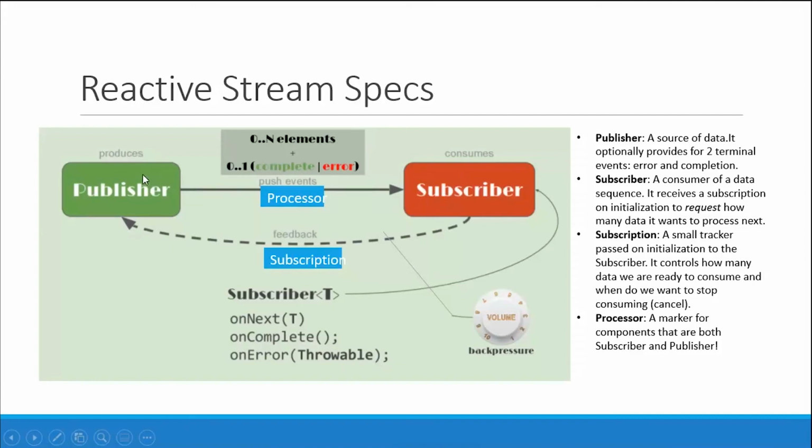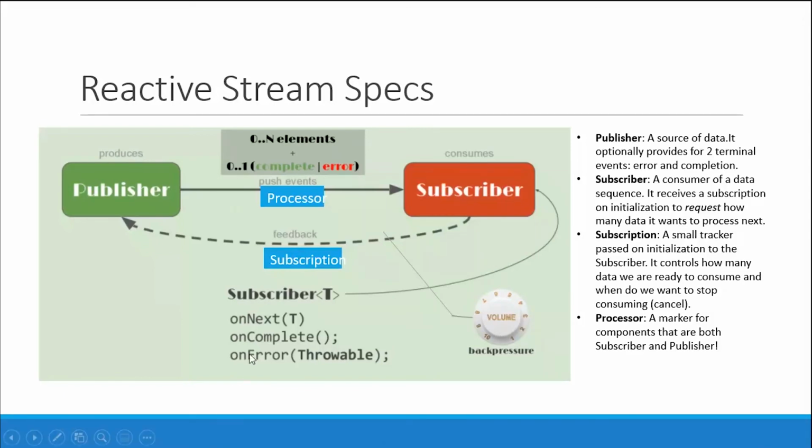When there's a publisher, there should be a subscriber to listen to the data. Once we subscribe to a publisher, we send feedback for the subscription. Here we have this backpressure concept, about how many items we are requesting from the publisher. It's like a volume adjustment, so we can adjust the rate at which the publisher produces data for the consumer.